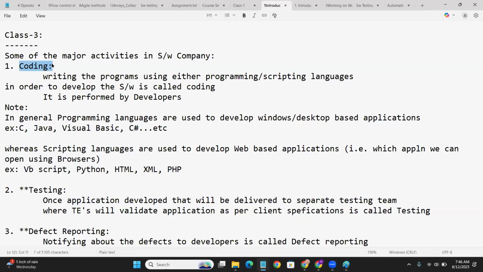Who is responsible? Developers. As I said, in general, programming languages are used to develop Windows desktop-based applications, whereas scripting languages are used to develop web-based applications. Web-based applications are the applications that we can open using browsers. Those we are going to call